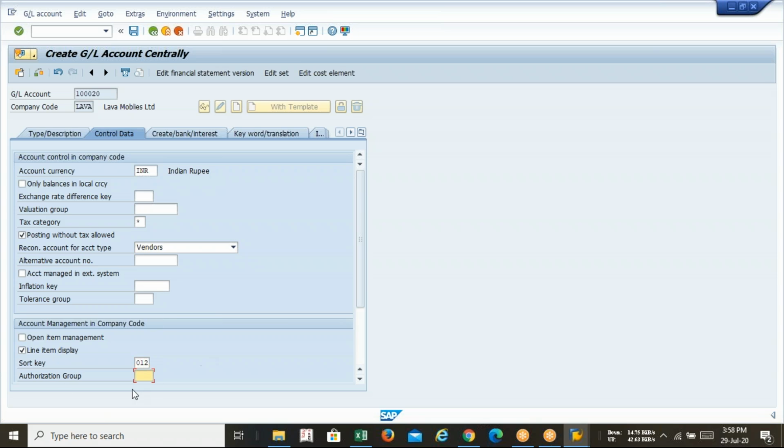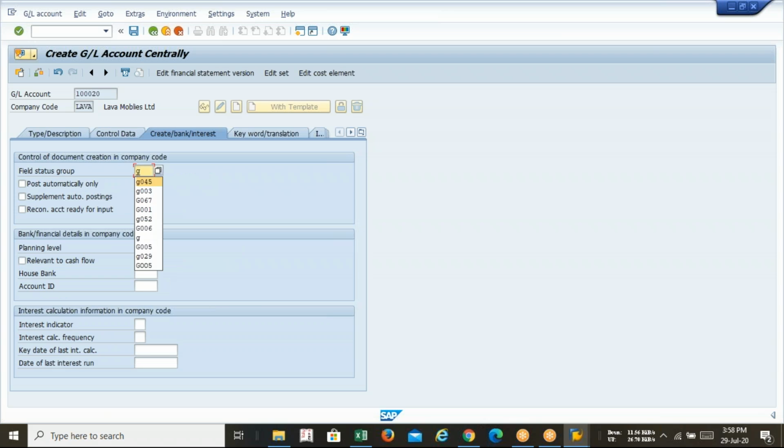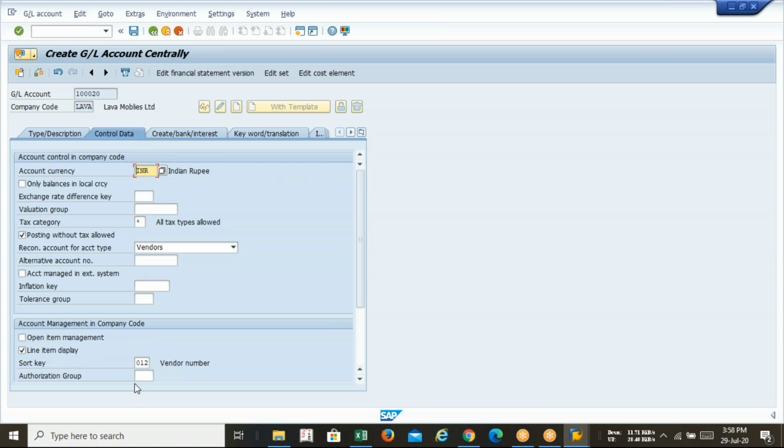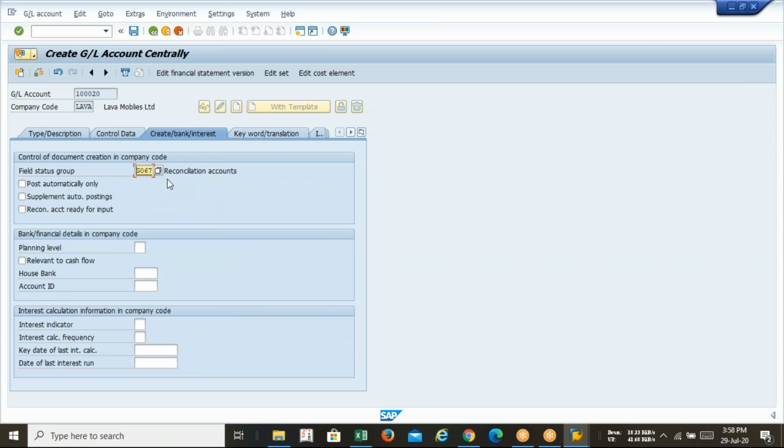For vendor, short key will be 012. And in create bank interest, it is G067. Don't forget this combination of the field status variant with short key. Whenever you create the vendor, 012 will be the short key, and since there is a reconciliation account, the field status variant should be G067. Now save. So this 10020 we will be using.